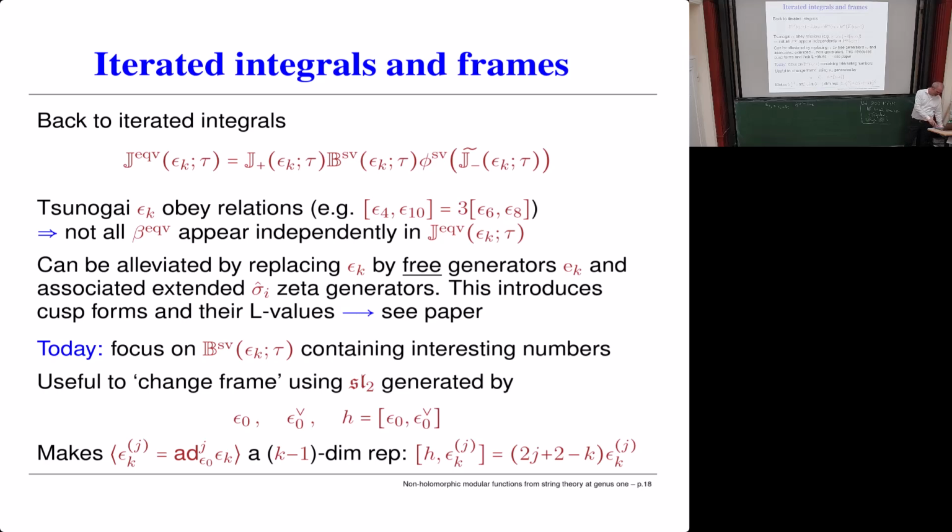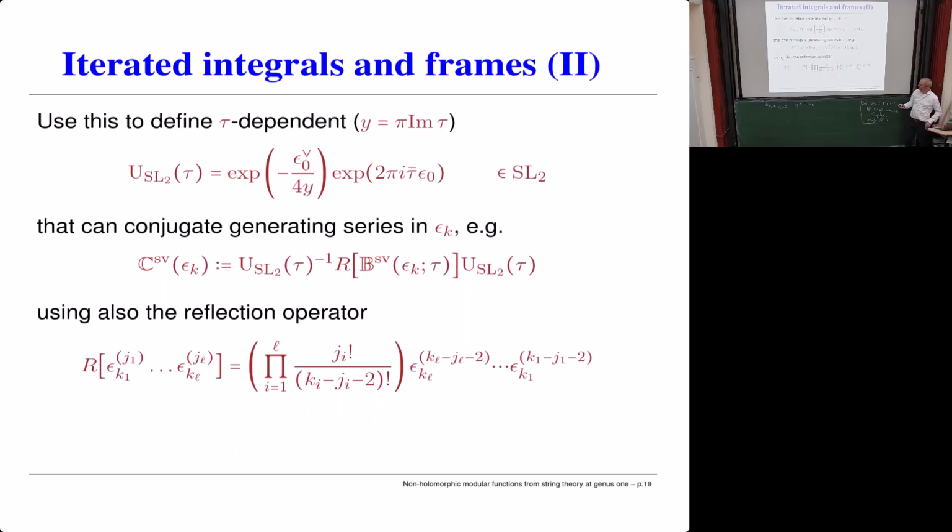Okay, so we have this SL2. And the reason why I introduced it is because I want to define a group element in SL2, which is written as U_SL2(tau) by just taking the algebra elements and exponentiating them in the right way, but now depending on tau. So there's a tau bar explicitly here, there's a y here. So this is just a very specific tau-dependent, not holomorphically tau-dependent, element in this SL2 that acts on generating series